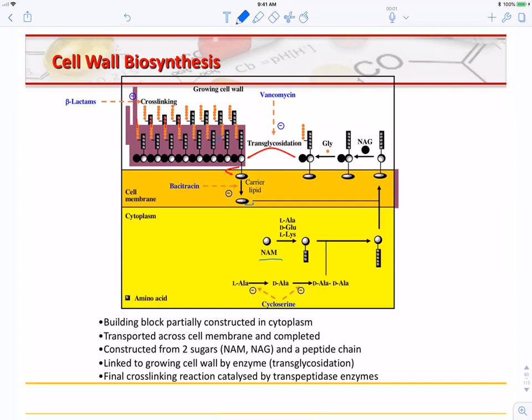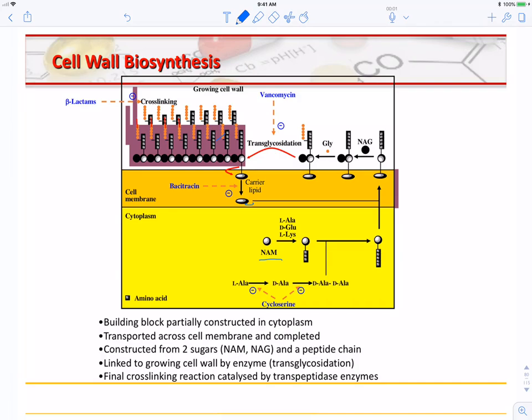In this lecture, we will cover other antibiotics that act on the cell wall biosynthesis but are not beta-lactams. We have already seen the role of beta-lactams in preventing cross-linking, and they do that by resembling the D-Ala-D-Ala dipeptide end that gets cross-linked and gets released during cross-linking of the wall. But let's go once again through the biosynthesis of the cell wall, and then we'll see other possible sites